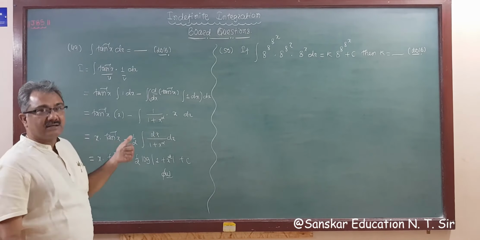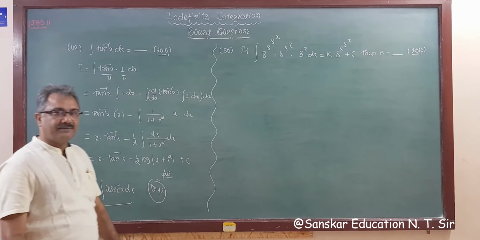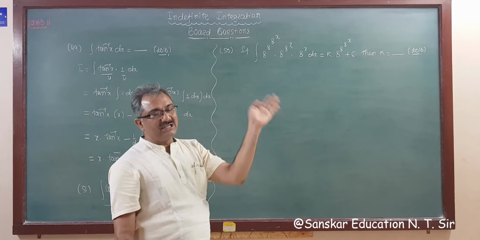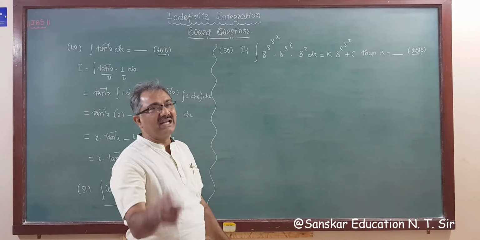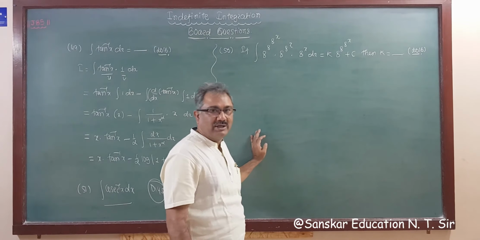So I hope that you will be able to solve this, so do it yourself, this question. Now the next question, this type of question we did, but there instead of 8 there is given e. So here is something different, and the derivative of a raised to x is a raised to x into log a base e. So you have to take care, that's why I am solving this example once again for you, right?